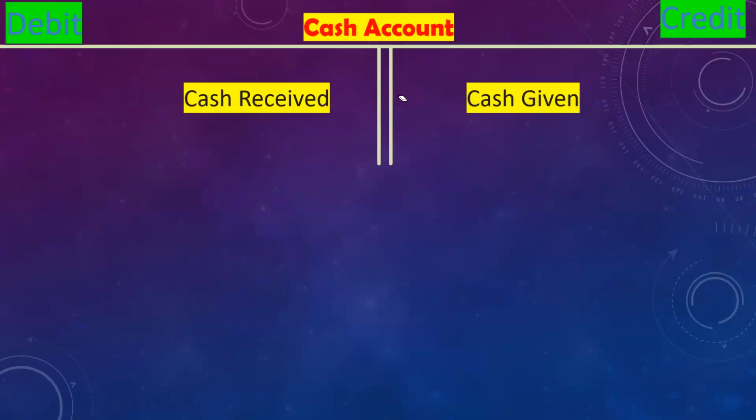You see in the middle, there is a double line. There are two lines in the middle. Don't keep too much gap, okay? Should not be too far, right. The cash account rule is the tangible rule because cash is tangible. We can see and touch. So cash received, debit to cash account, cash given, credit to cash account, right? Let's go to the next slide.